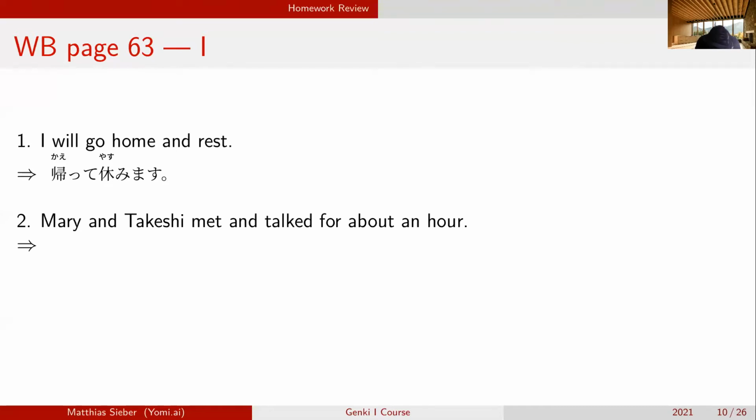What is to meet? It does start with a. Ashita? Ashita is tomorrow, right? We have au, to meet, right? Au. So the te form would be atte. Very good. Okay. And then, so Mary-san to Takeshi-san wa atte. So, and then what? Atte to